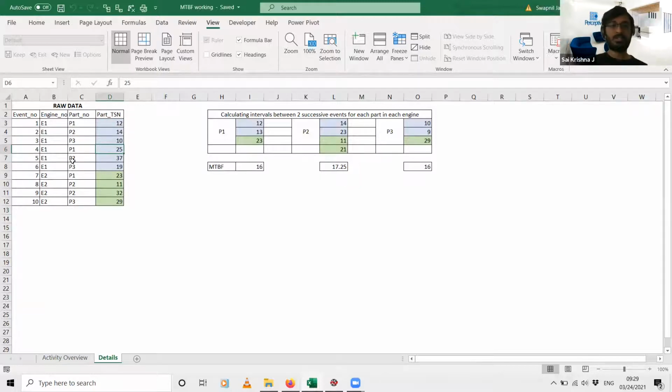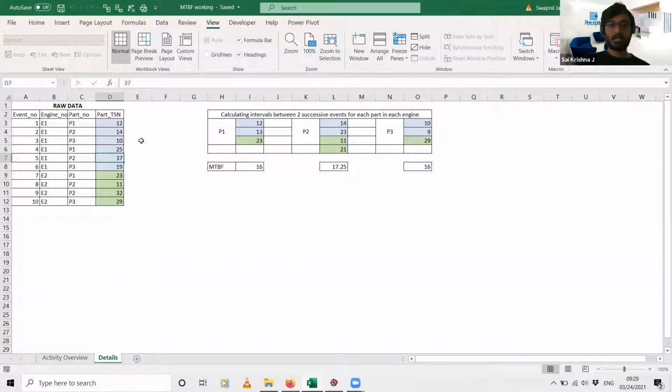Like this, in engine 1, part number 2 first failed at 14 hours, and the second time it failed after 37 hours. Like this, we have another engine with the same set of parts. Finally, what we need to calculate is this metric called MTBF, or mean time between failure.